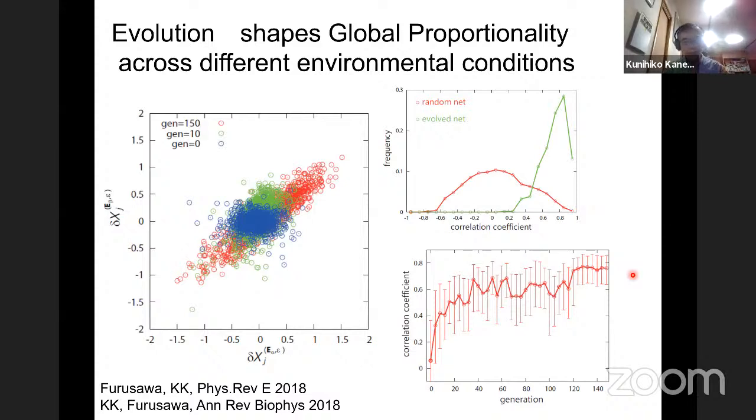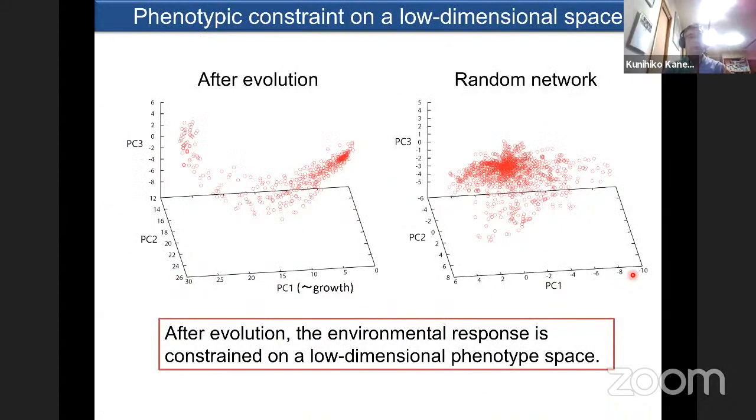So we can verify that. But still, why is this so? Now, since we have 1,000 components, it's very difficult to see this 1,000-dimensional space. So we use principal component analysis. From this 1,000-dimensional space, across many different environmental stresses and how the concentrations change, we get PC1, PC2, and PC3. And in this case, the contribution up to PC3 is rather high. So after evolution,